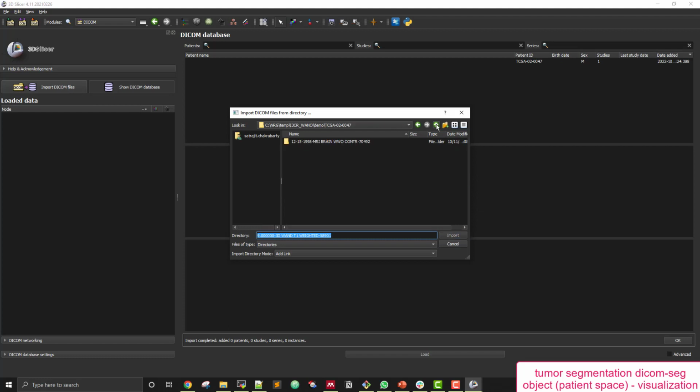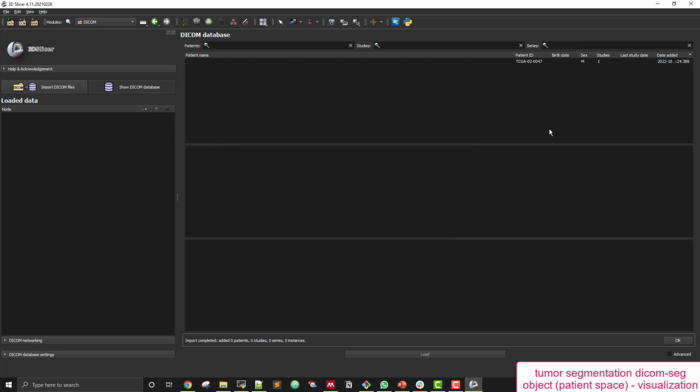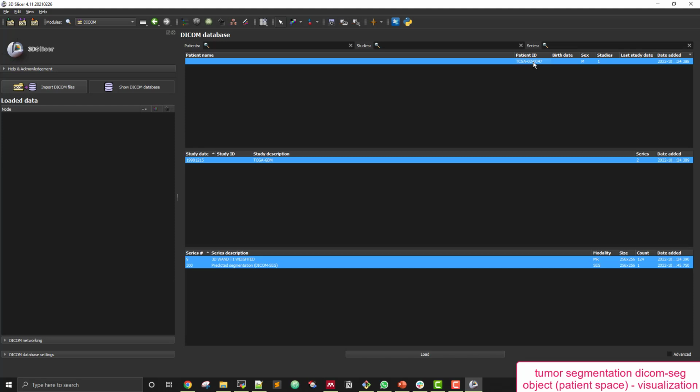And we also take this final tumor segmentation DICOM SEG object from the output. Now we can see that both of these are in 3D Slicer, and so we open them up for visualization, and you can see that the two modalities are being shown as MR and SEG.